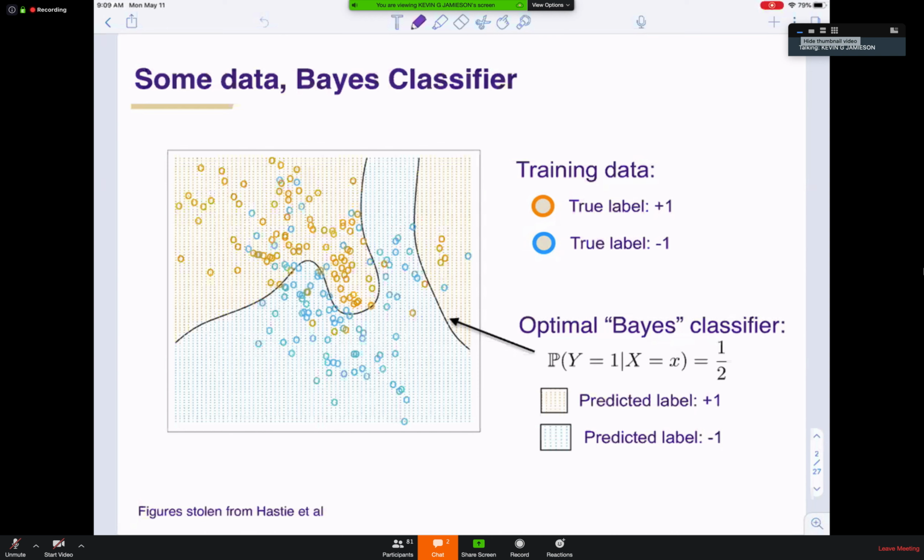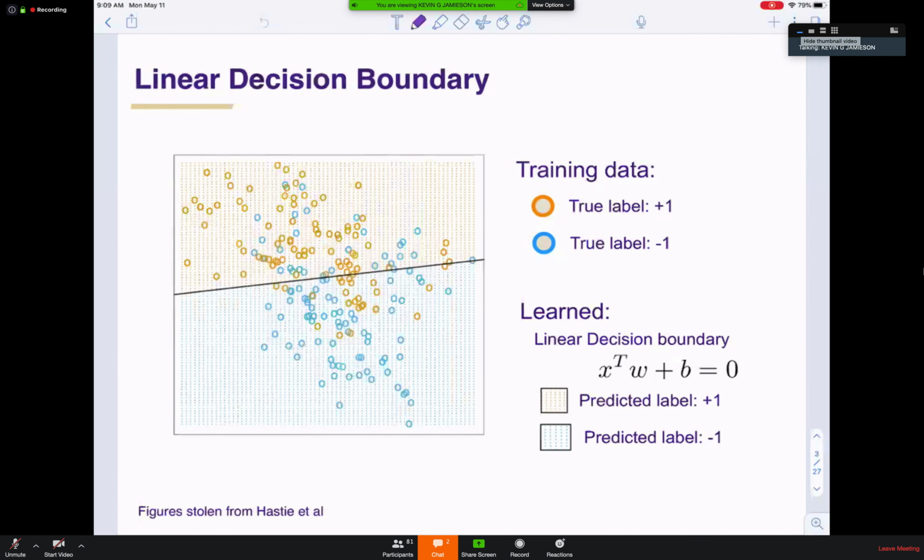This is really the only sense optimal in terms of classification error. Of course, we can't do this because we need to build a model. We don't have the probability of y equal to 1 given x. If we did, we would just do this, but we need to learn a model from data. And so the model we looked at